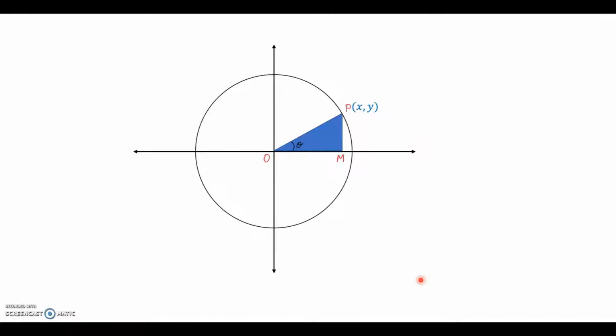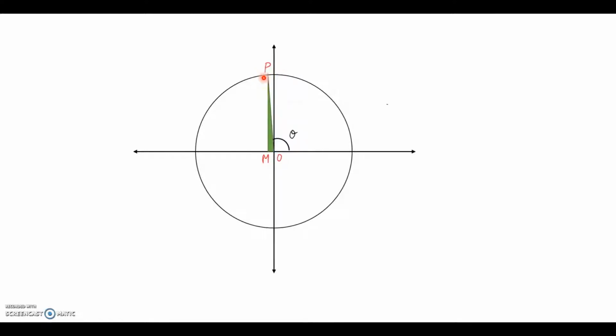Consider this right angle triangle sitting inside a unit circle, and its origin is at O with 0, 0 as its origin. Now, if P is a point on the unit circle, and if we rotate this point P along the circle, then the triangle is expected to change its shape. So let's do that and see. So you notice that the point P is being shifted, then the triangle is changing its shape, it's becoming shorter, and this length is becoming longer. So when we move it to the other side of the